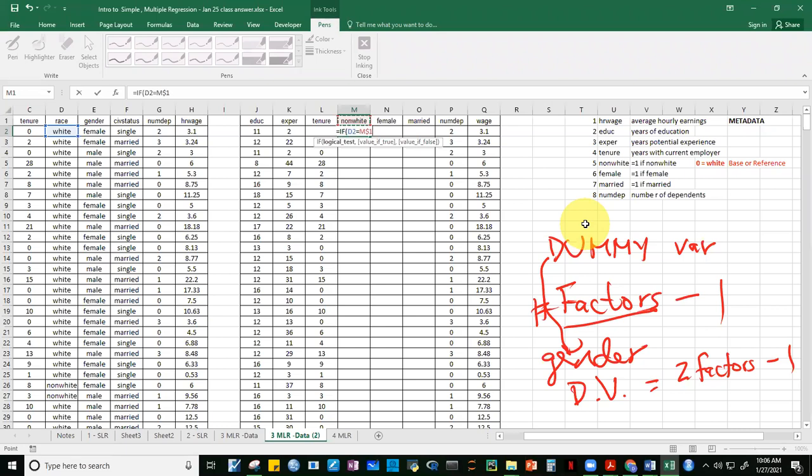We have to fix the row kasi i-copy natin to guys pakanan, no? Pag kinopya natin pakanan, gusto natin lumipat siya dito kay female. Okay? If this value is equal to non-white, what are we going to give it, guys? Anong value ilalagay natin? Tingnan nyo guys. Non-white daw is equal to